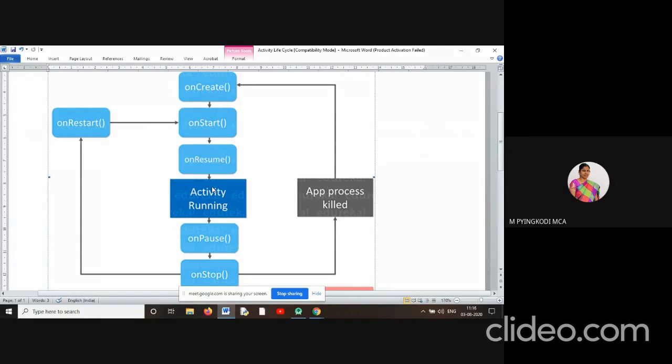So not only incoming calls and notifications, but home, back, or power button presses can pause our WhatsApp activity, and it goes into the onPause event.